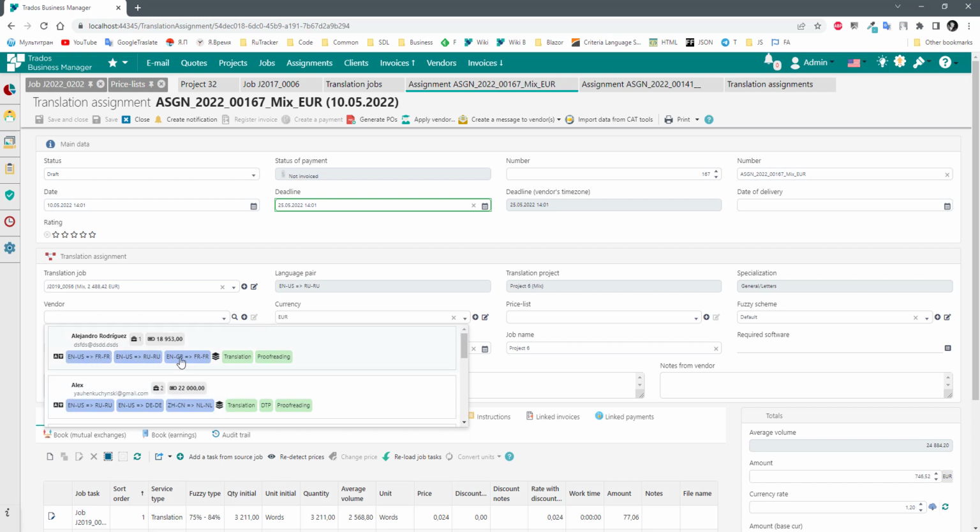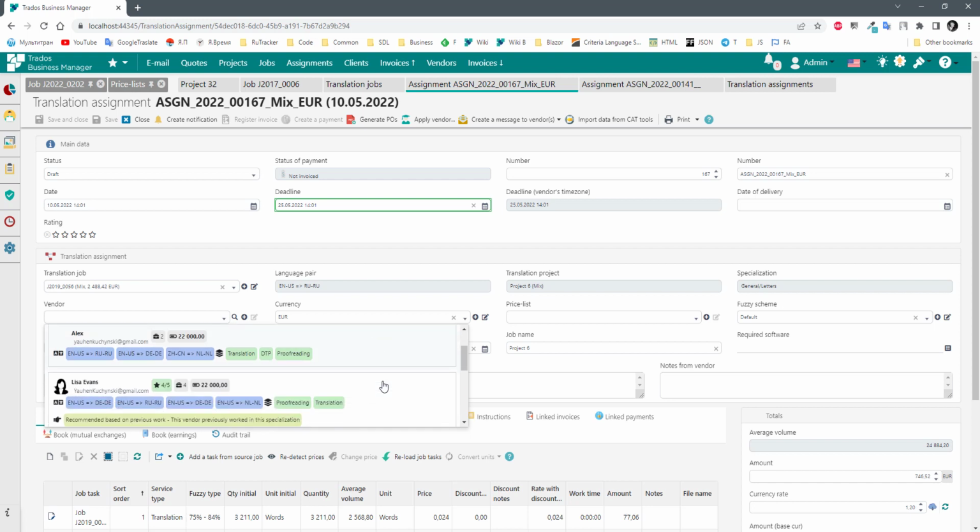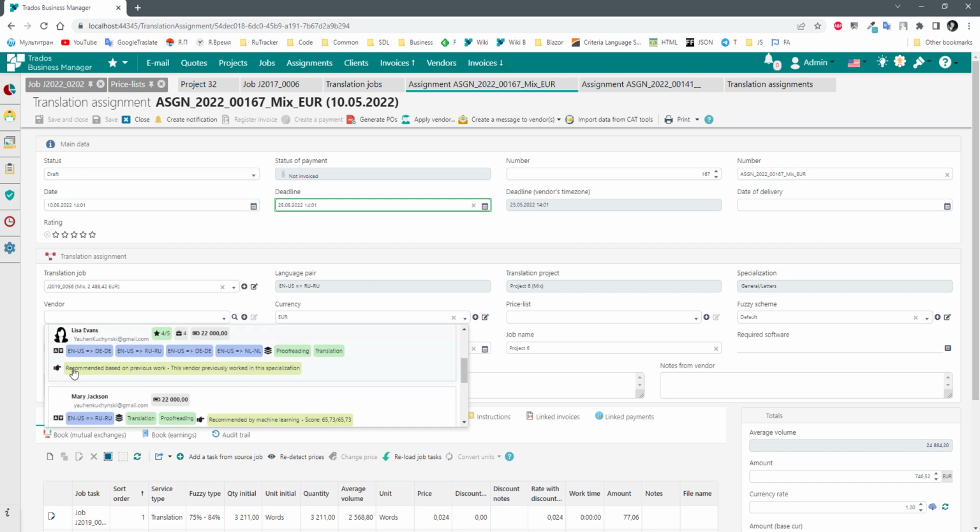Then you see the number of supported languages, language pairs, and supported services. When you hover the mouse over any of these services, you can see a small tooltip with the list of language pairs supported by each service, like that. Also below each